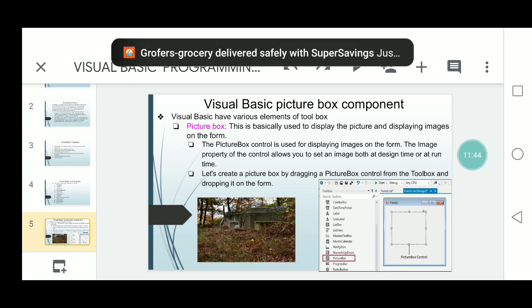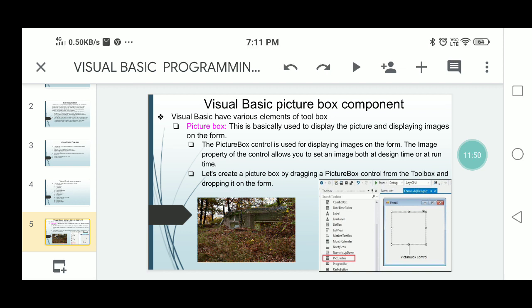So here is the form. You can put the picture box control on the form. It is used for displaying images of the picture. The image property of the control allows you to set an image both at design time and at runtime.